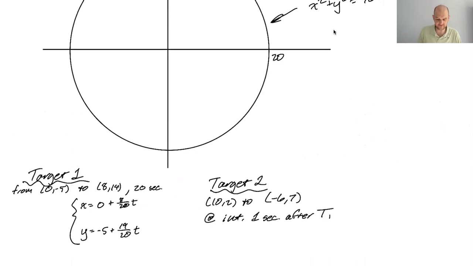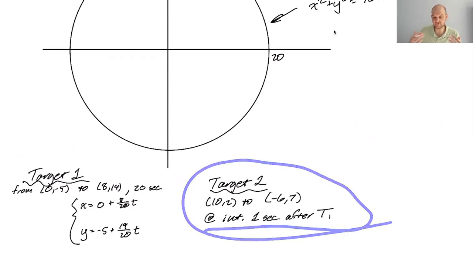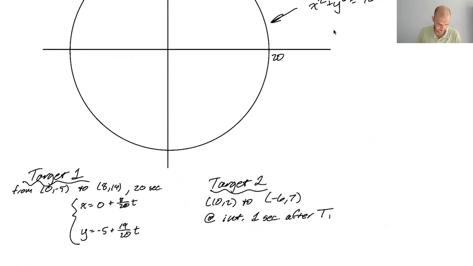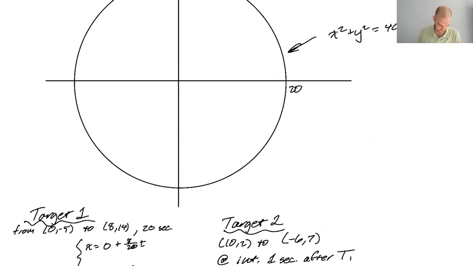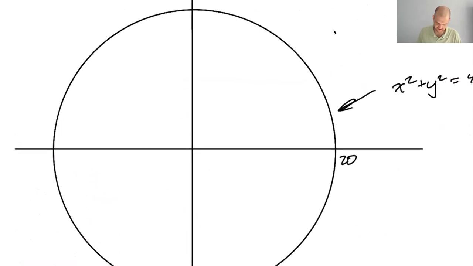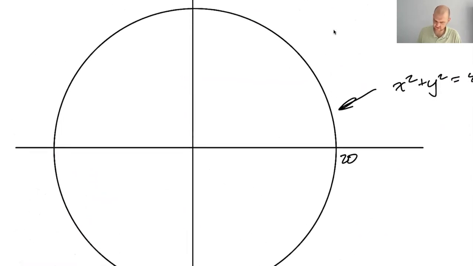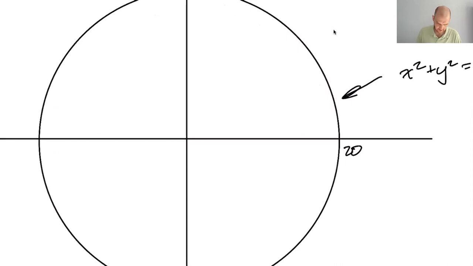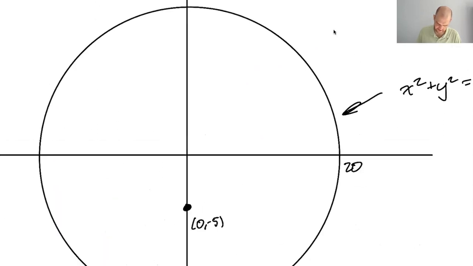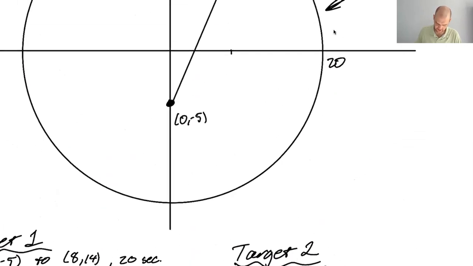All right, so I think we're on our way. I think I know how to solve for how long target 2 takes, because we've done it several times. So maybe we should do that right now. 0, -5 and 8.14. 8.14 is inside this circle, like 8 squared plus 14 squared is way less than 400 squared. So I'm going to say this is 0, -5, and then 8.14. So we got this going on, this target 1, and then target 2 is 0.2,